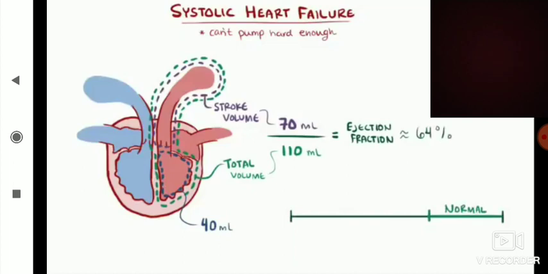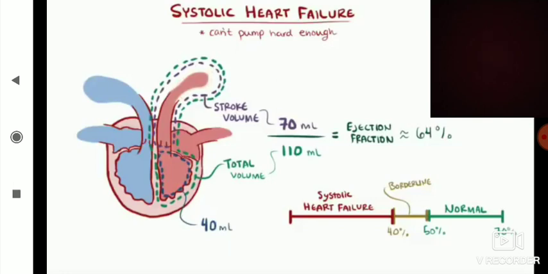A normal ejection fraction is around 50 to 70%. Between 40 to 50% would be considered borderline, and anything about 40% or less would indicate systolic heart failure, because the heart's only squeezing out a little bit of blood each beat. So in our example, if the total volume of the